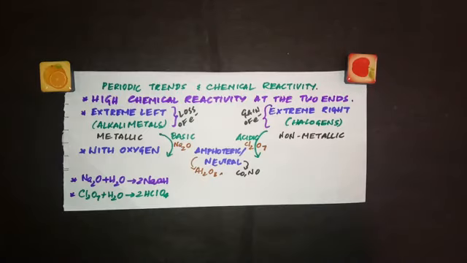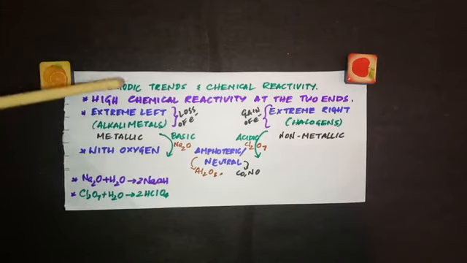So we have understood certain periodic properties and how they show periodicity in a periodic table, which means the trend in the period and the group, and how this periodicity is related to electronic configuration. And we all know chemical and physical properties are also related to the electronic configuration of elements. So let's summarize what we have learned.